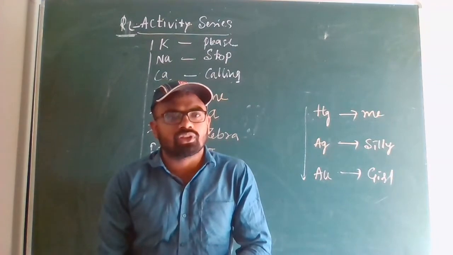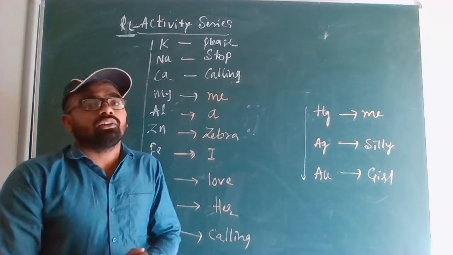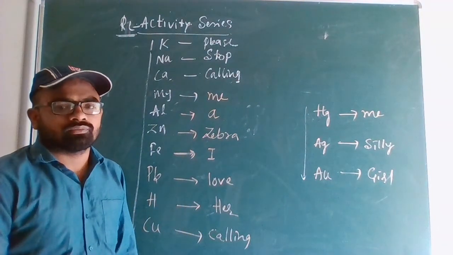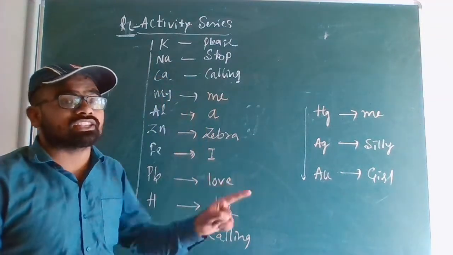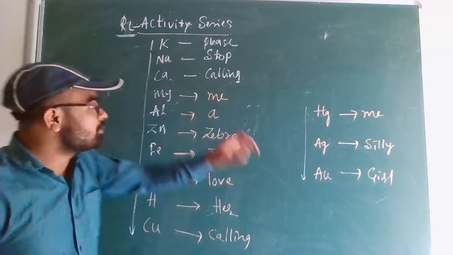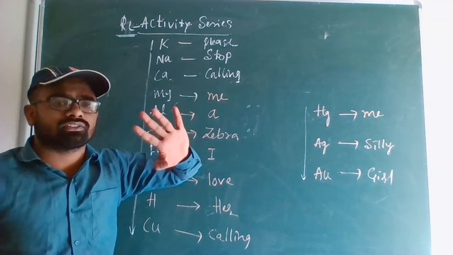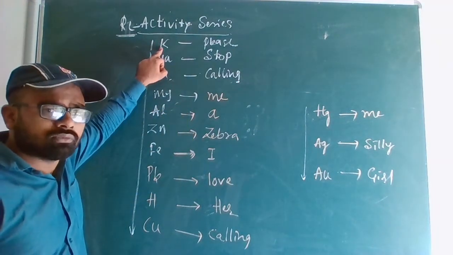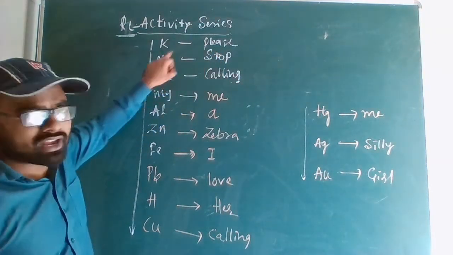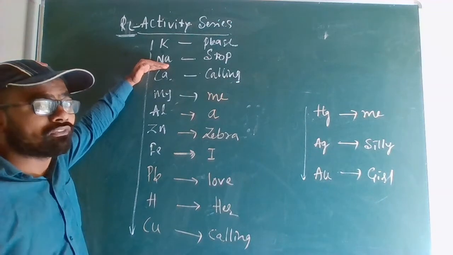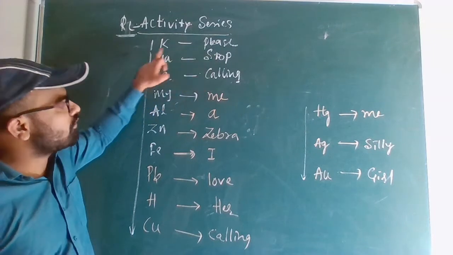We have seen the examples. I have already given 4 examples. Be perfect with those 4 examples and with this reactivity series. Let me tell you once again, this reactivity series is based on names, not symbols. Because you might ask me, K is there, but K is not at all related to please. No, don't think like that. K means potassium, that is why please. Na means sodium, that is why stop. Please for potassium, stop for sodium.